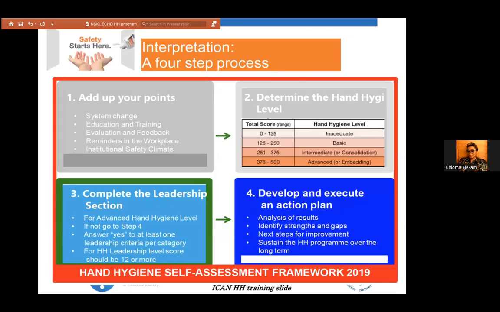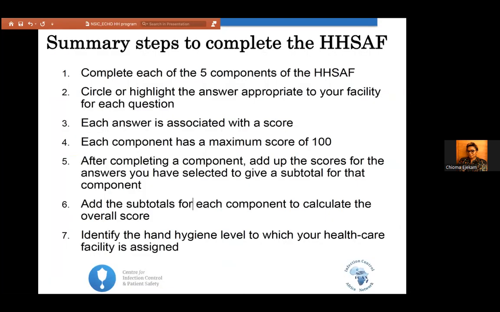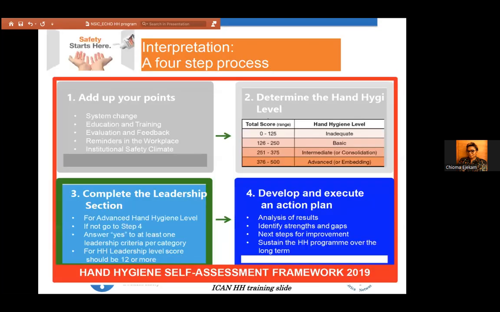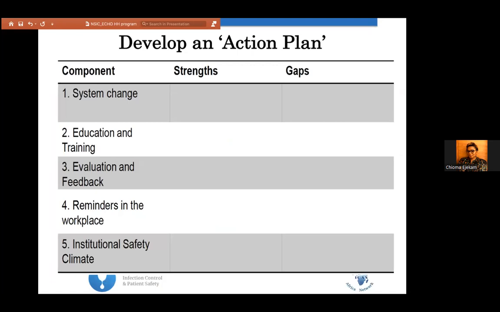This is a pictorial aspect of what I just shared here, how you add up your points. But very importantly, every effort is to develop and execute an action plan, okay? That's actually what guides you in going through this cycle the second time. That forms your baseline. That shows you if you're making improvements or not. And this is a picture of what your action plan will look like at the end of your HSAF assessment.